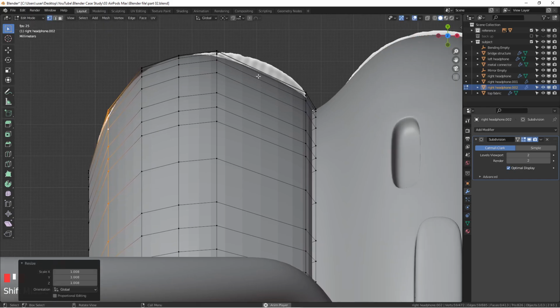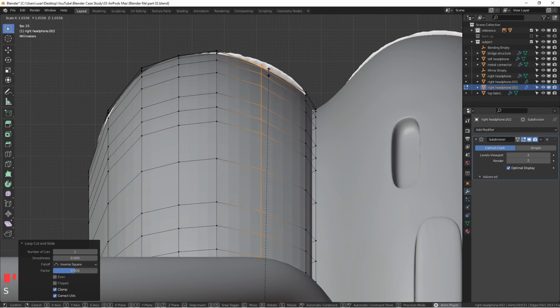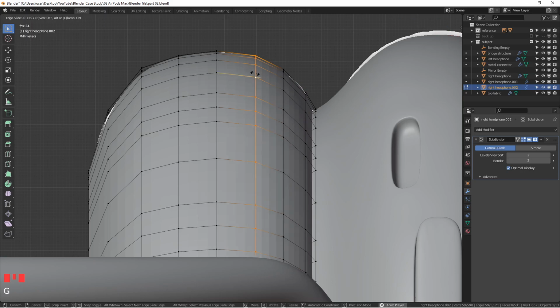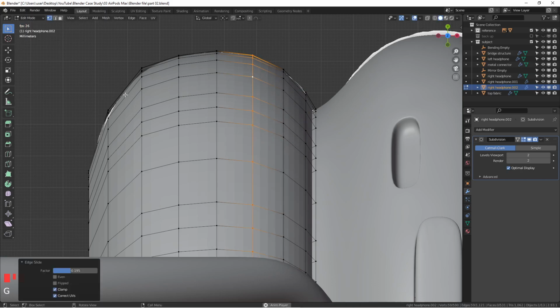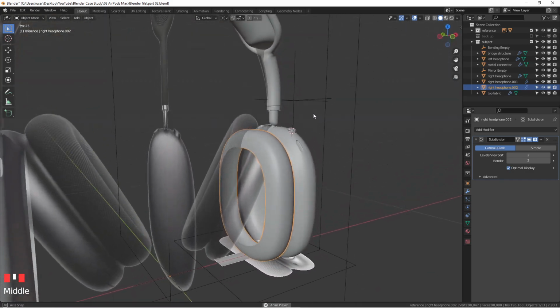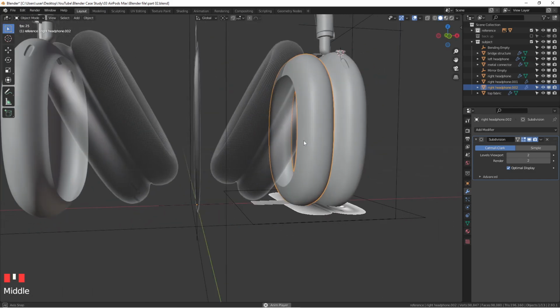Okay, and here's another loop cut here. Scale. We try to have an even grid look and even spacing between these loop cuts in order to make it look a little bit smoother. As you can see here, we got some really nice general shape of this